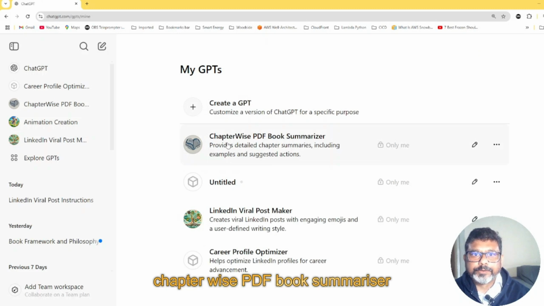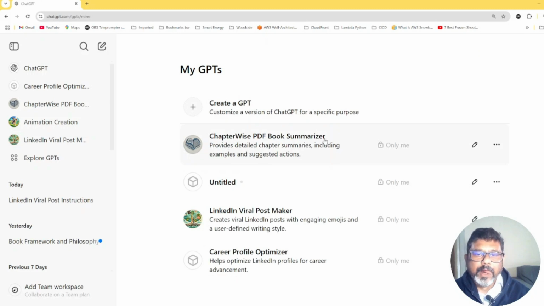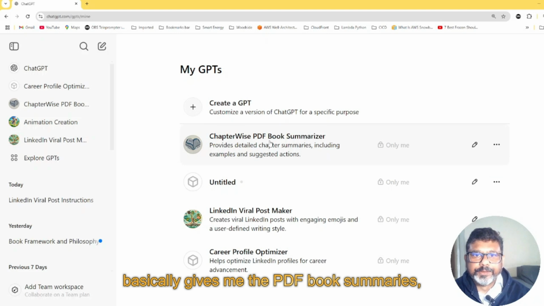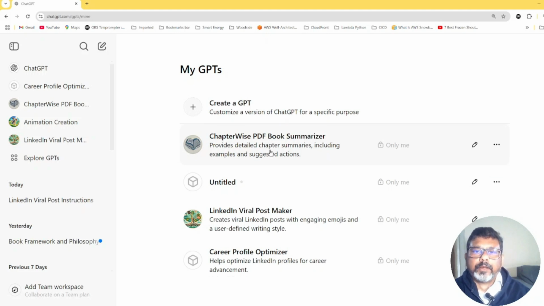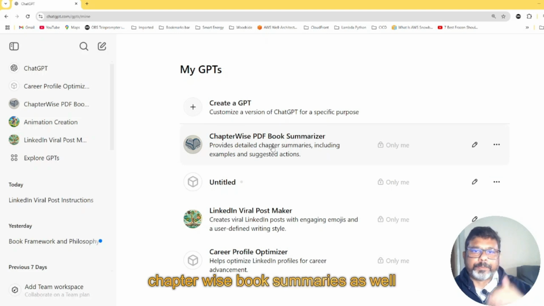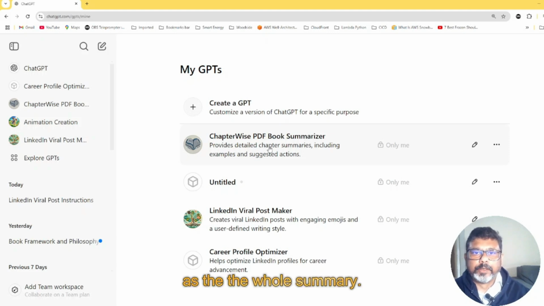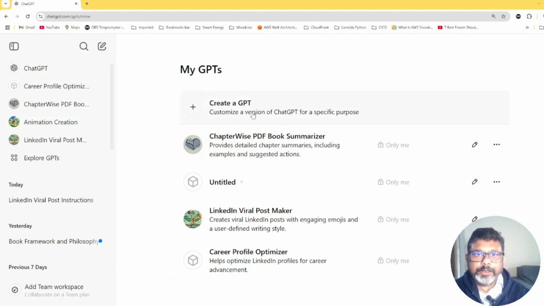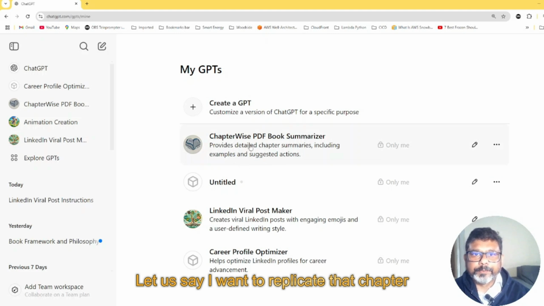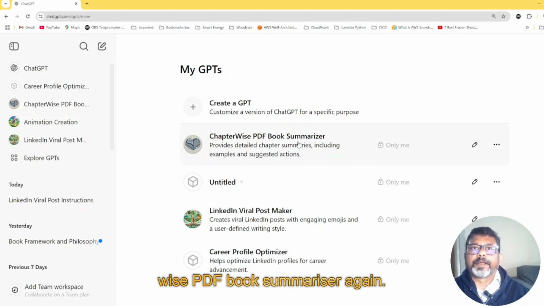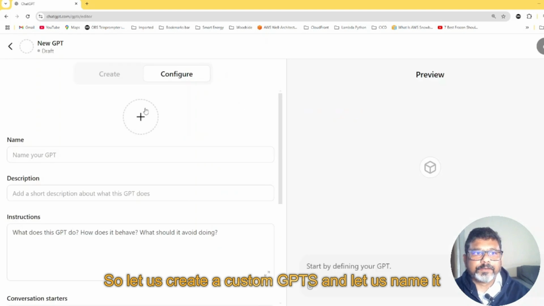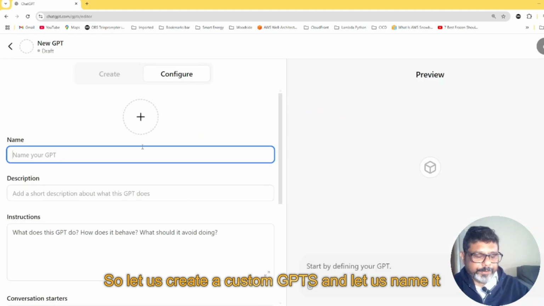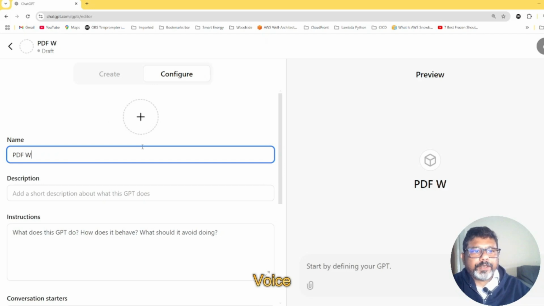I have created a chapter-wise PDF book summarizer that basically gives me chapter-wise book summaries as well as the whole summary. So let's dive deeper into how to create a custom GPT. Let's say I want to replicate that chapter-wise PDF book summarizer again. So let's create a custom GPT and let's name it